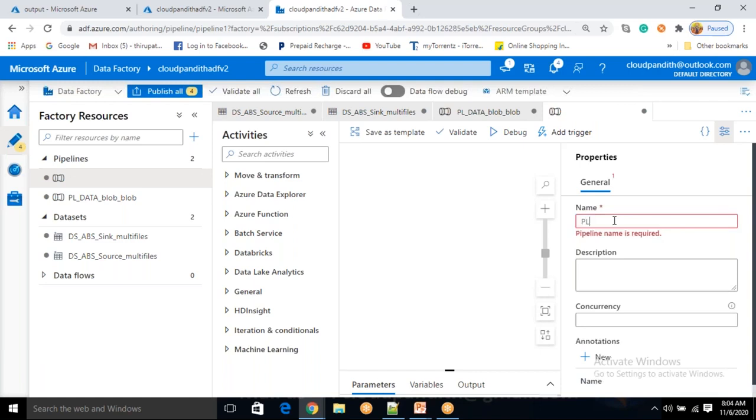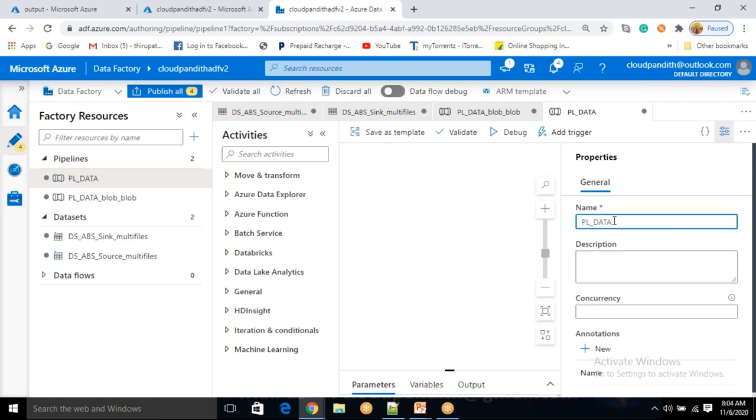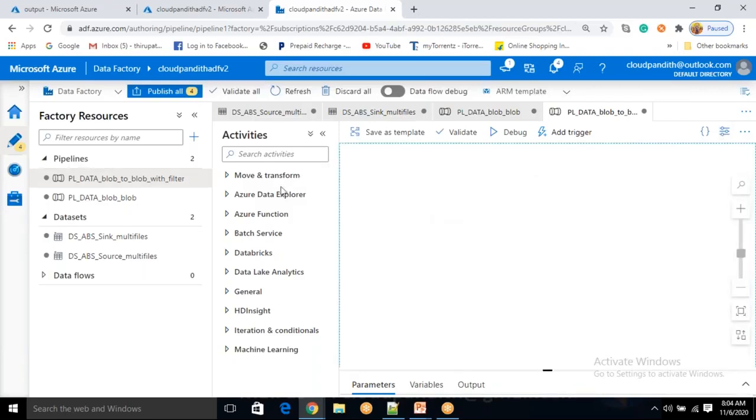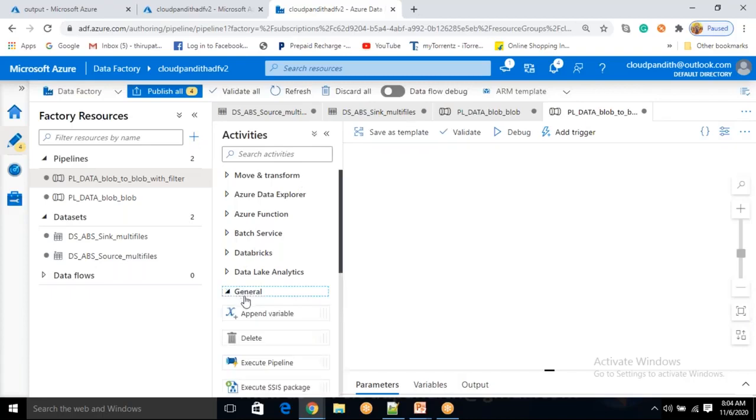It is also a data movement pipeline, blob to blob with filter. I want to apply a filter, and based on the filtered output, only those files I want to load. Now, first thing, as we discussed, the activity we planned